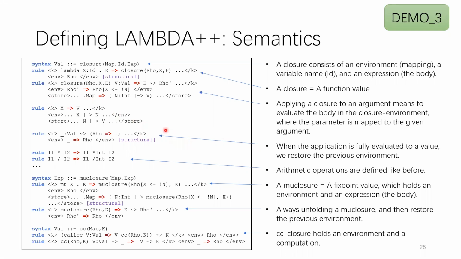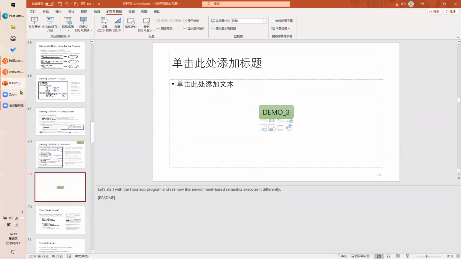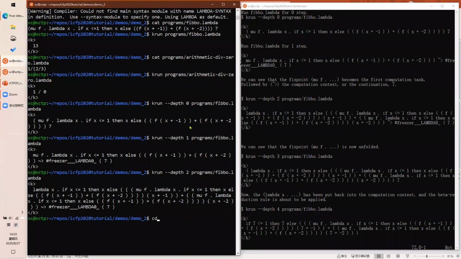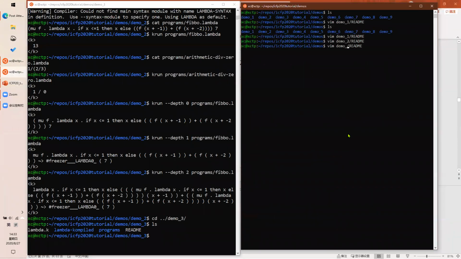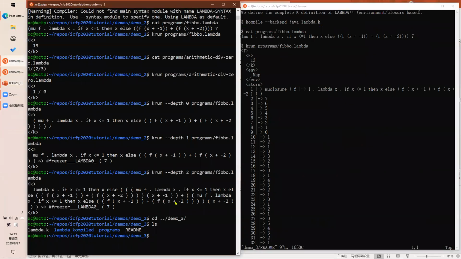All right, so I'm going to show you the third demo, and then we can have a short break. Let me show you the third demo. Also, let me open the README on the right. Note that this is a different, environment-based style. If we run the Fibonacci program, which is the same program that we saw in the substitution-based definition,